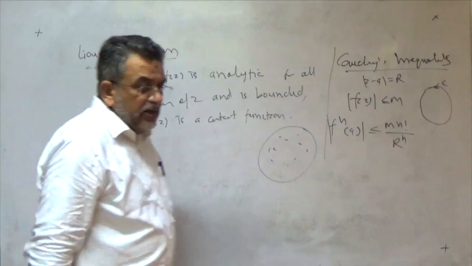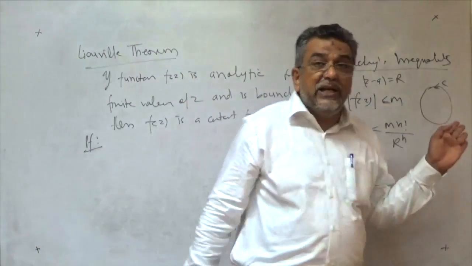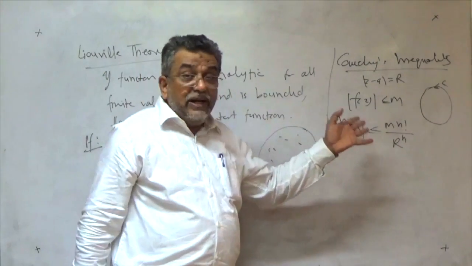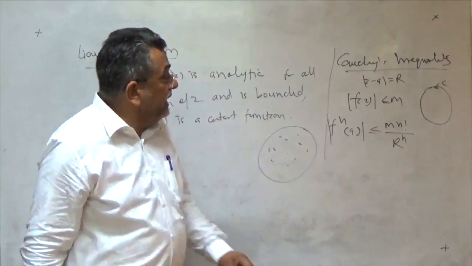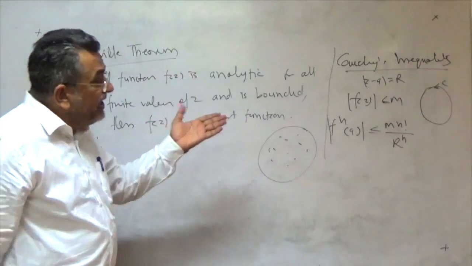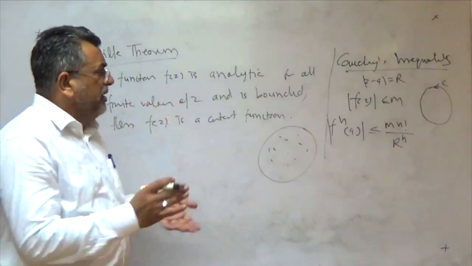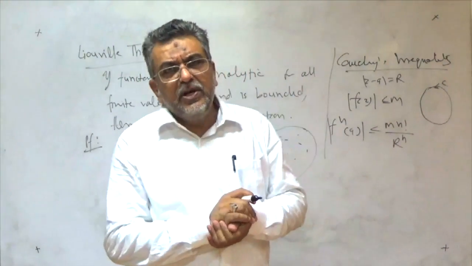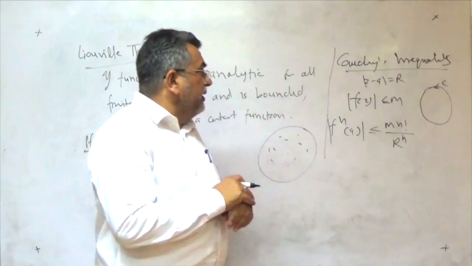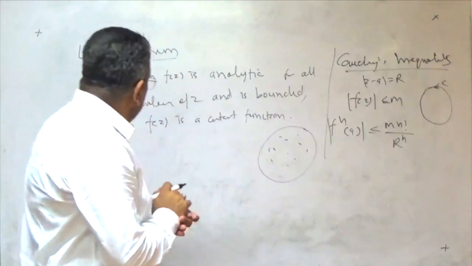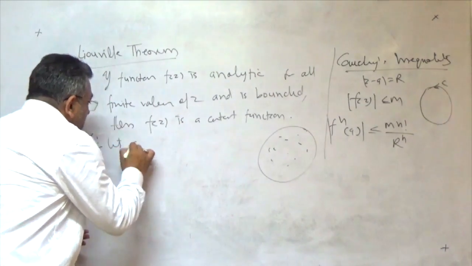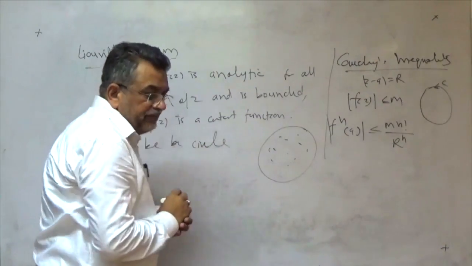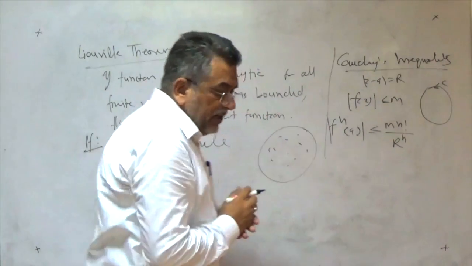That is very simple. If we use Cauchy's inequality, which I discussed in the last lecture, by the application of this inequality we can prove Liouville's theorem very simply. Also, there are a number of methods to prove this. Some use Cauchy's theorem, which is out of the syllabus, and some other theorems. But this is very simple. If we take C to be a circle